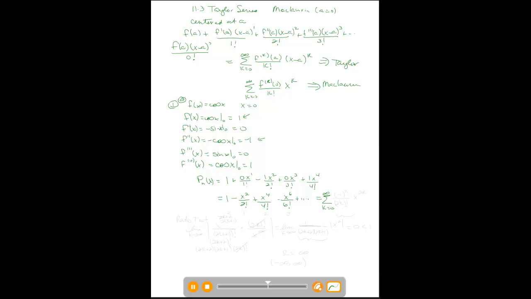Start at 0, go to infinity. We need it to alternate, starting with a positive answer. So that will do that. We need the bottom to be even numbers. So 2n guarantees even, so 2k, excuse me, guarantees even, and x to the 2k. The reason I'm saying 2k is